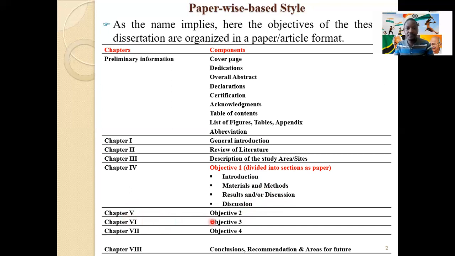If you have 3 objectives and you give it a chapter number 6, you write the same way. After which you go to objective number 7, if you have chapter number 7, if you have objective number 4, you write it in a paper format. That's the intention here: each objective should be given an independent chapter, and they should be discussed in